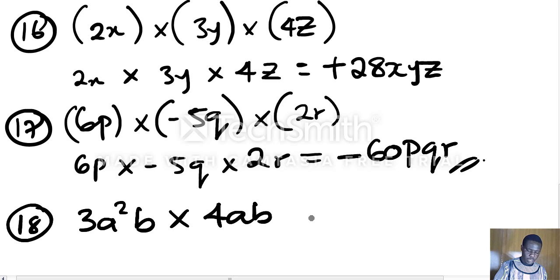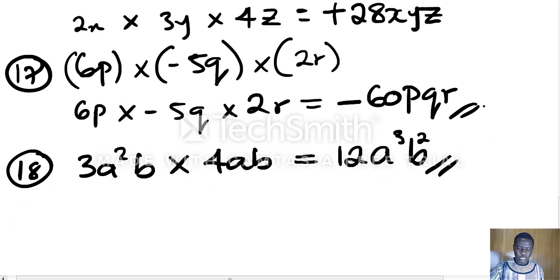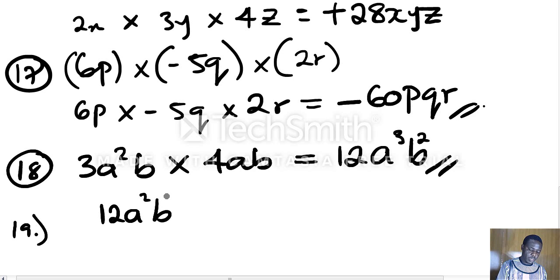Number 18 says 3a squared b to be multiplied by 4ab. This is equal to 3 times 4 is 12. a squared times a will give us a cubed. b times b will give you b squared as your answer. Number 19 says